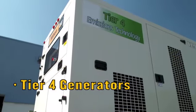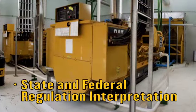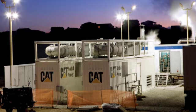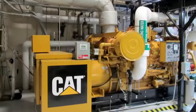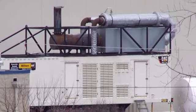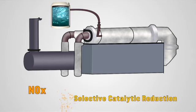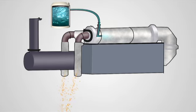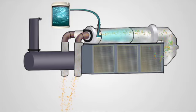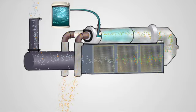Some of the products and services that Milton Cat offers include Tier 4 generators, emissions testing, filter cleaning, and state and federal regulation interpretation. Non-emergency engines, including those used in cogeneration, peak shaving, and demand response, often require the use of a selective catalytic reduction system, also known as SCR. SCR is an after-treatment system for oxides of nitrogen embedded in the generator package. The SCR injects urea into the exhaust system at high temperatures. The urea decomposes to form nitrogen and water as it passes through a catalyst, eliminating a high percentage of NOx